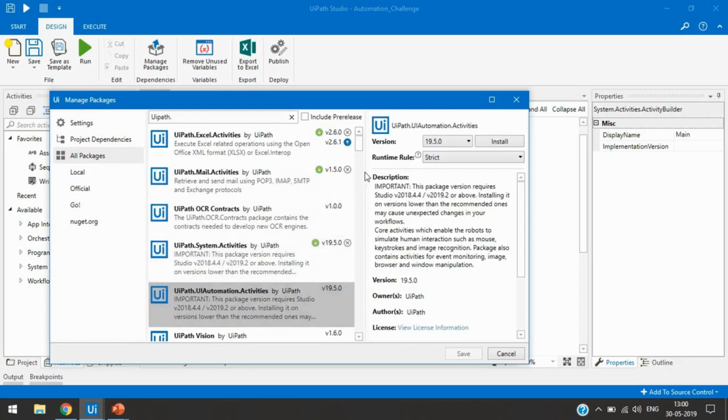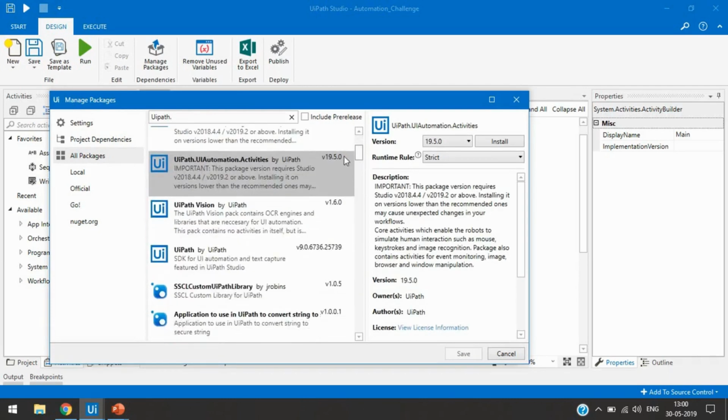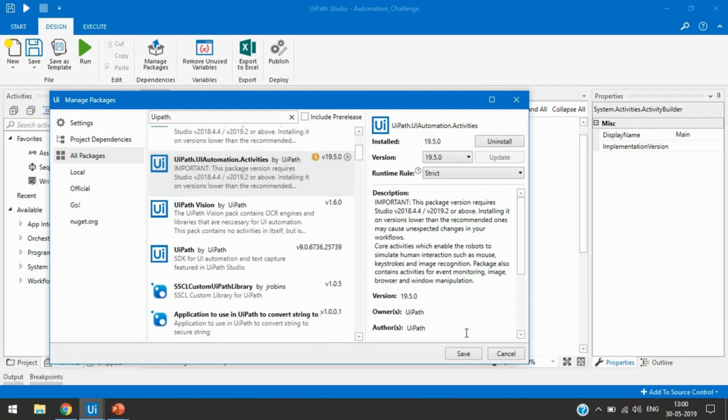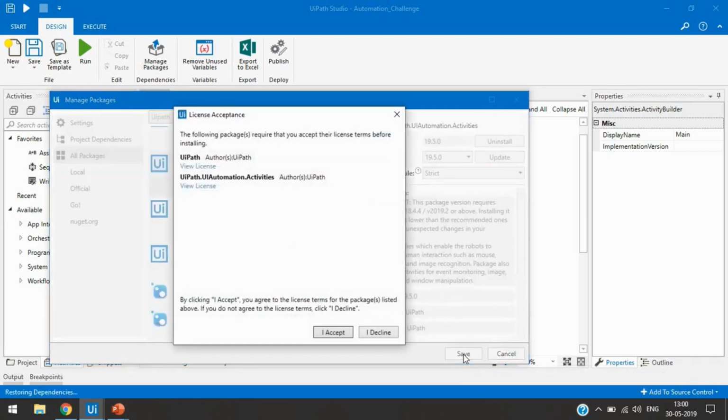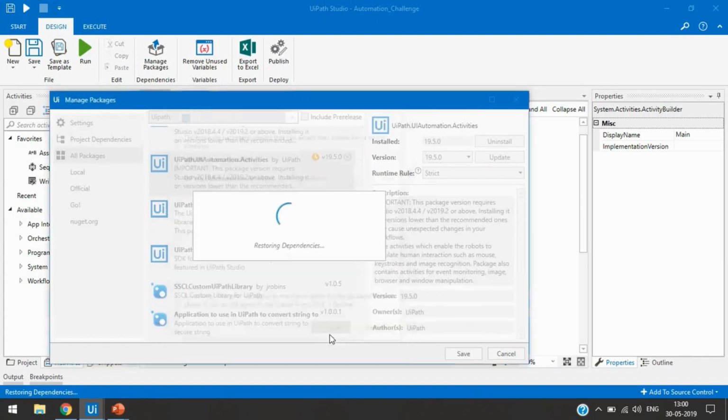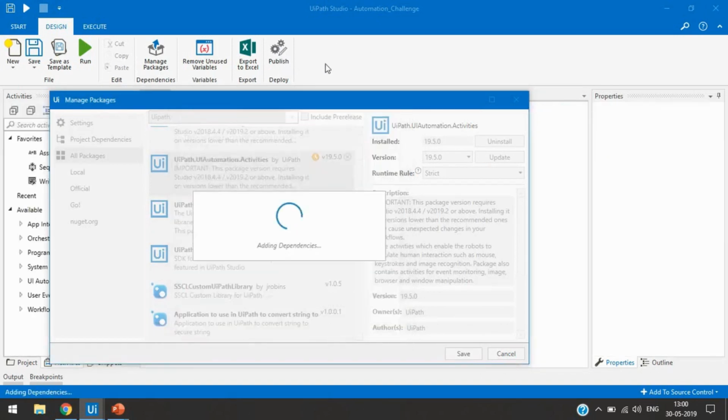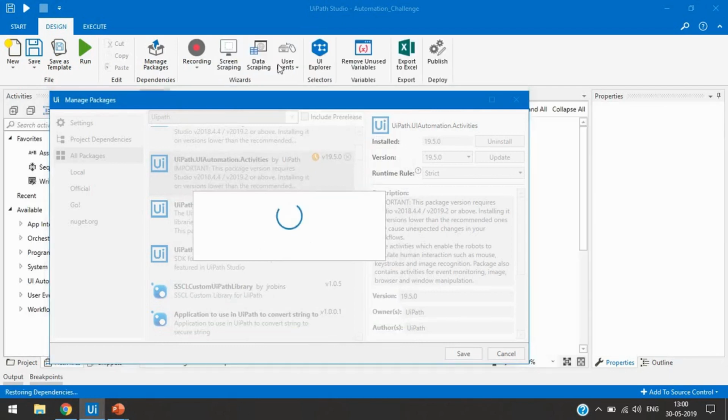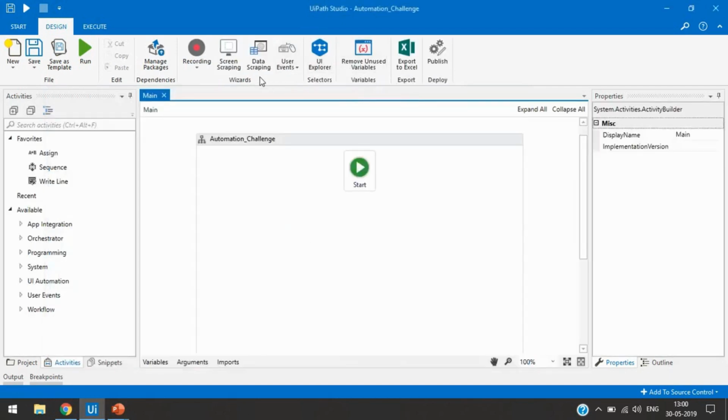Here it is showing UIAutomation.Activities. Now click on Install and then save this. Once you save, it will ask for acceptance, so I'm going to accept this. Then it will start adding all these features in your UiPath Studio. You have seen most of the features have been added into UiPath Studio, right? So now we can see the UI Explorer tool here.